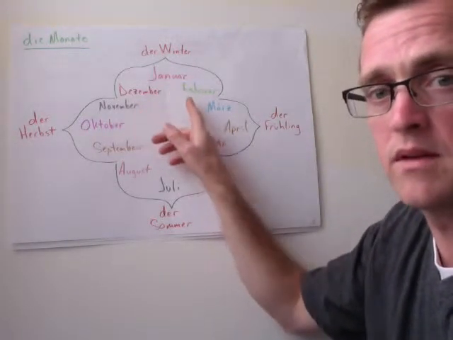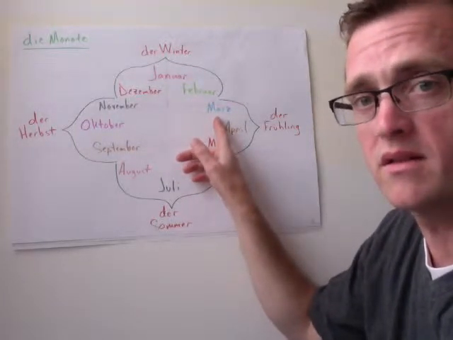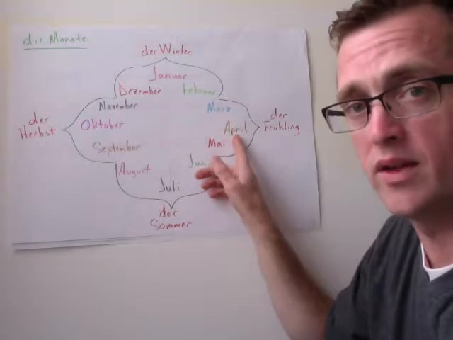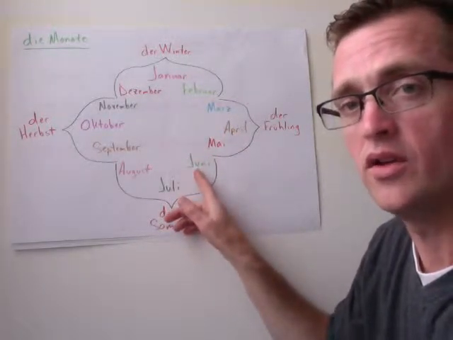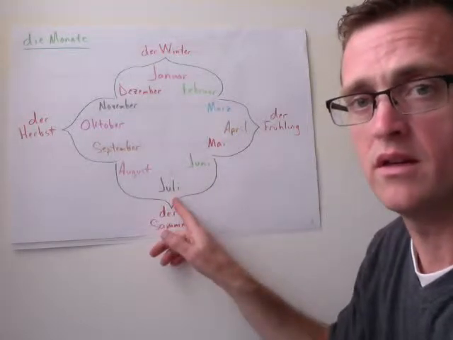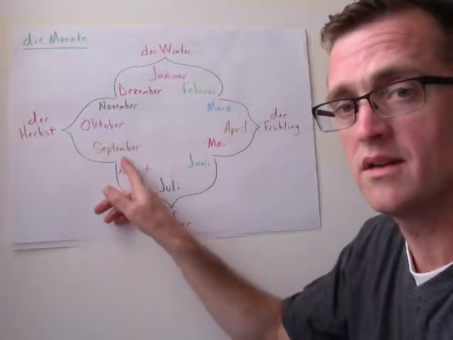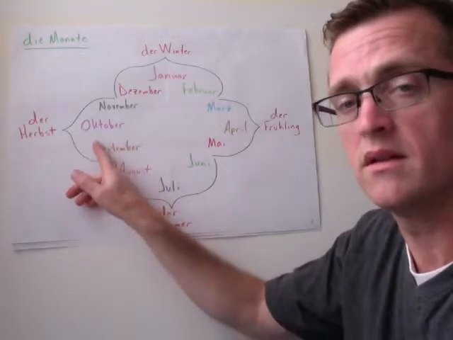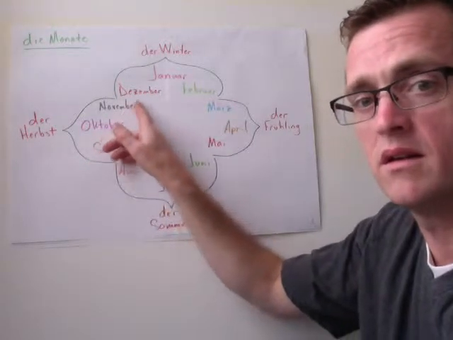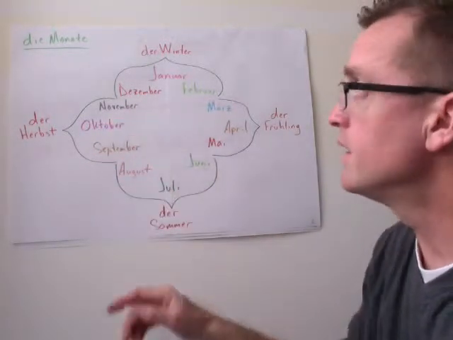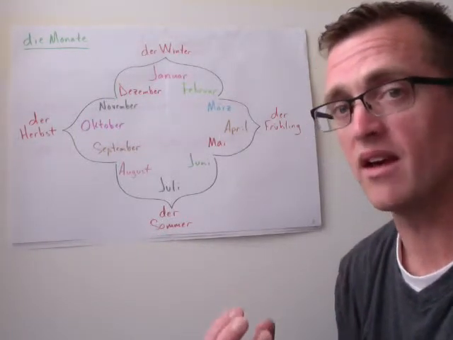Januar, Februar, März, April, Mai, Juni, Juli, August, September, Oktober, November, Dezember. Now, if we took the 3 cold months, Dezember, Januar, Februar, and we put them together in one season,